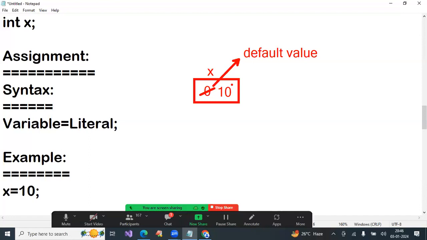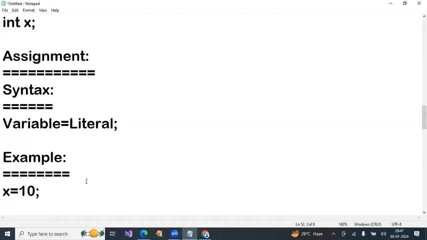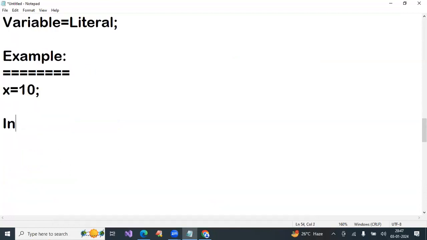But these two lines we can also write at a time. That is called initialization. Sometimes declaration and assignment are required separately in a program. Sometimes at a time we have to initialize. It depends. In further sessions you will get more clarity. If you write like this, memory allocated, 0 stored. If you write like this, 0 modified as 10. That is called assignment. That is called declaration. Now, instead of like this, you can write initialization.